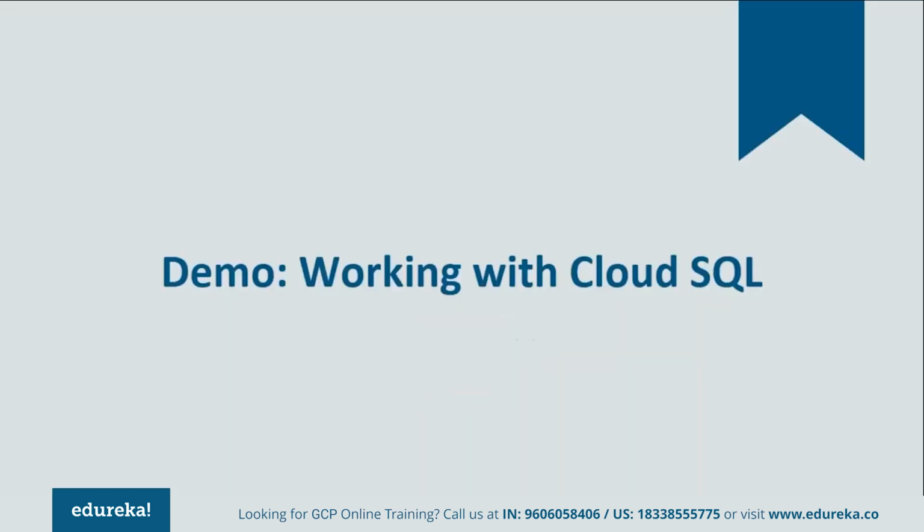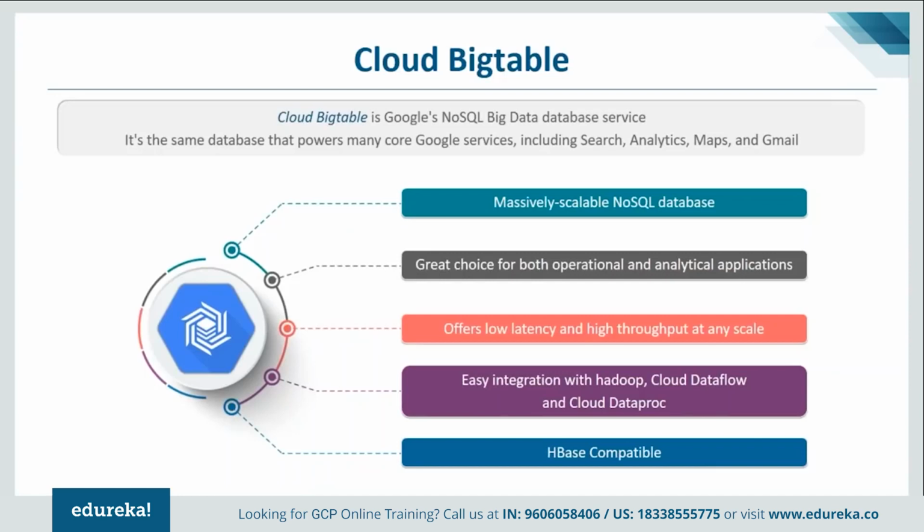Now coming back to our services, next we have the Cloud Bigtable. Now Cloud Bigtable is Google's NoSQL big data database service. It is the same database that provides many core Google services including search, analytics, maps, and Gmail. It provides a massively scalable NoSQL database suitable for low latency and high throughput workloads. It integrates easily with popular big data tools like Hadoop and Spark, and it supports the open source industry-standard